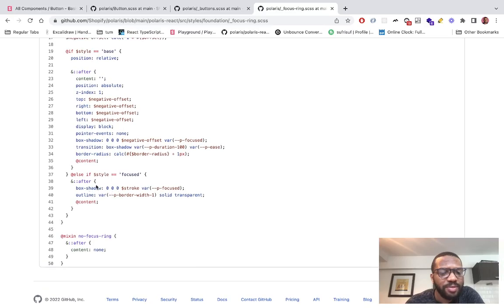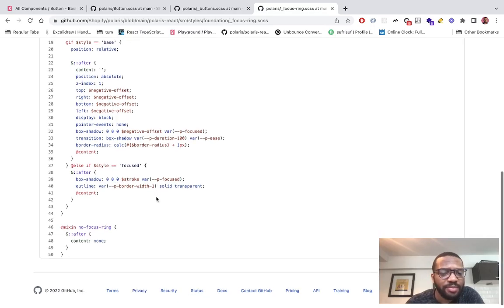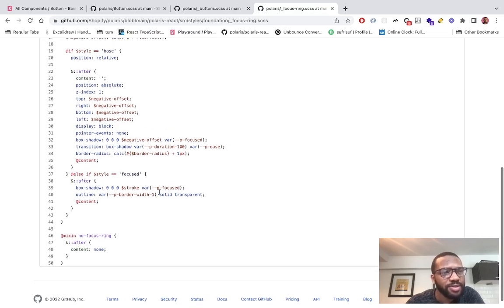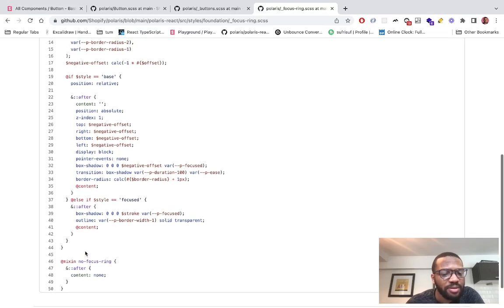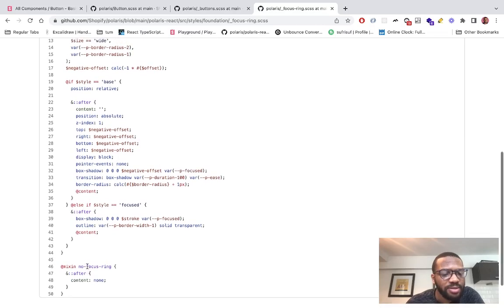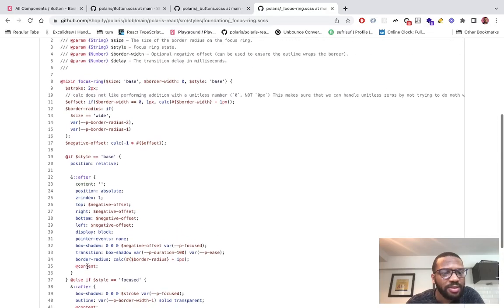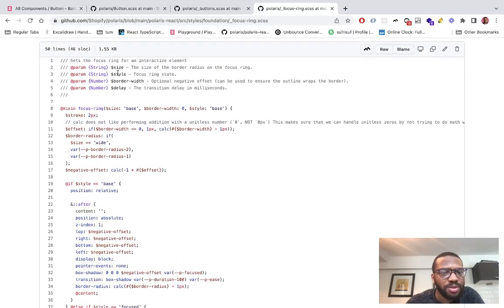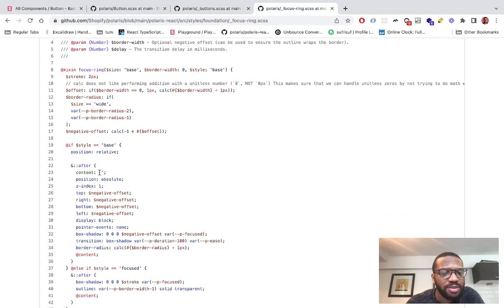There's a pseudo element, box shadow, with a transparent outline. There is a pseudo element with a transparent outline. There is a, what is content? Content. Do we import content? Where is content? Content is just